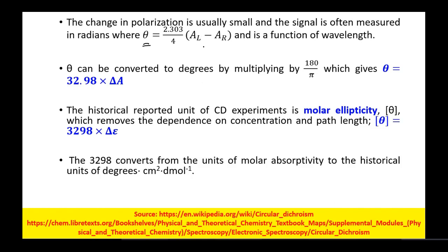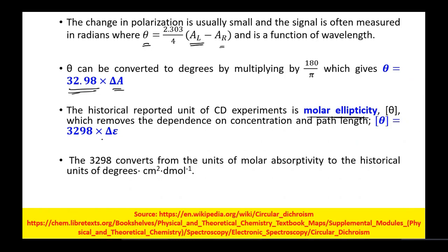2.303 by 4 times (AL minus AR). What is AL? Absorption of the left circularly polarized light minus absorption of the right circularly polarized light. Now theta can be converted to degrees. This is in radians. It can be converted to degrees by multiplying this delta A with 32.98. So the molar ellipticity,